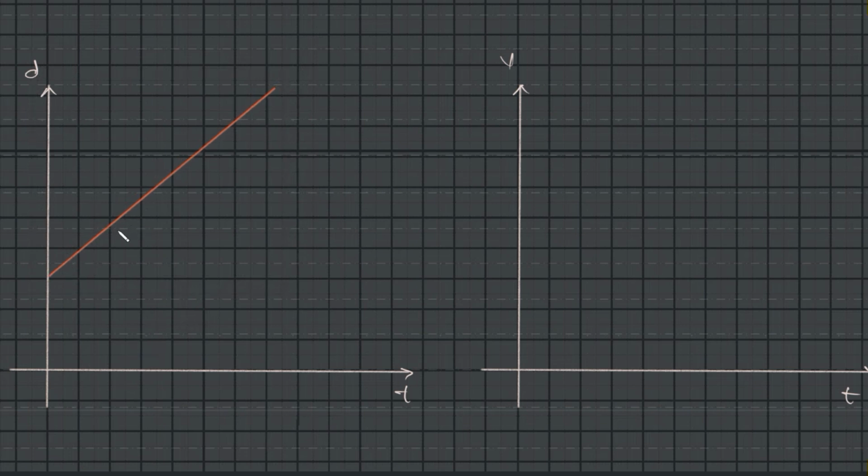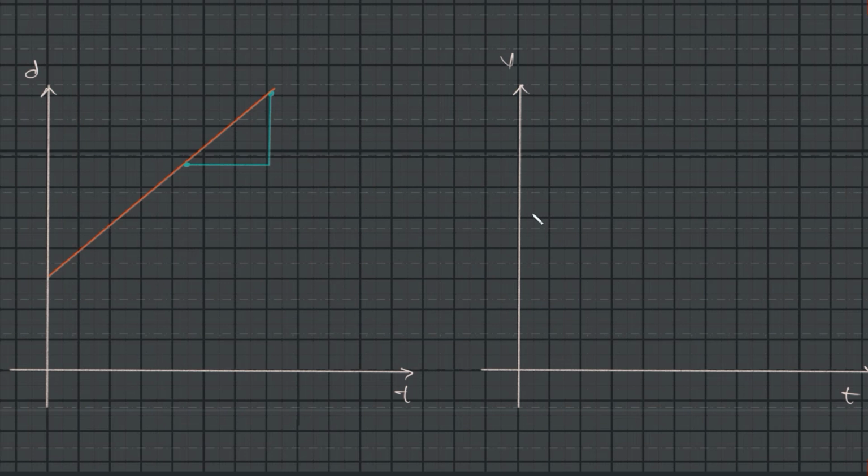So for any point of space, if I take any run, the rise will be the same. That's the whole point of having uniform motion. So let me show that actually. I'm just taking 2 points. This is my run and that's my rise. So if I copy this, I can check out any 2 different points. See this? The rise by run is not changing. So that's why it's called uniform,